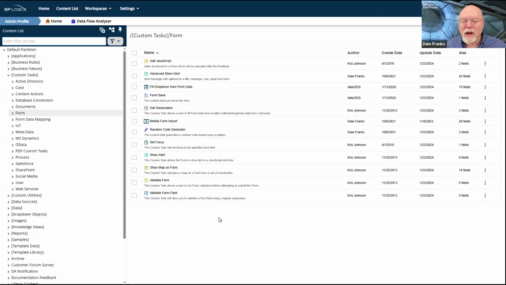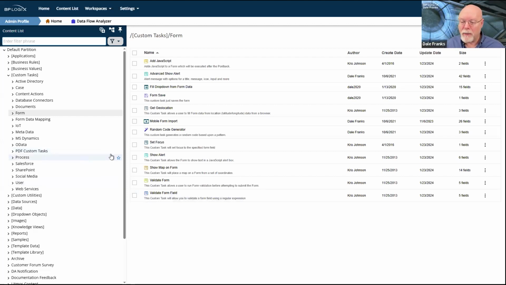It's important to understand that while most custom tasks can be used in either a form or a process timeline, some custom tasks can't. So the form custom tasks are generally, although not universally, I don't think, only usable inside a form definition itself. You can't run them from a timeline.